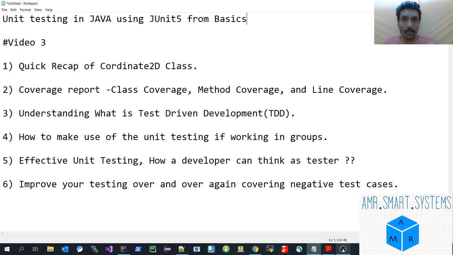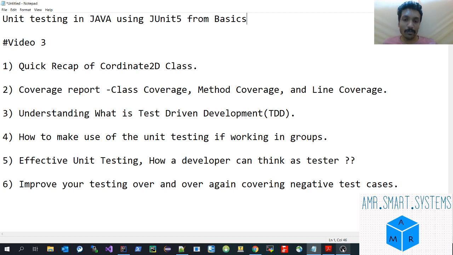Now, how can a developer think as a tester? He can start off with simple steps, like thinking of extreme conditions, such as values which can be an input to the function variables, or memory leak conditions, or some conditions which can be easily simulated through the unit test. By specifying the extreme values, you can just pass the parameters in one of the test cases. And to create memory leaks or memory usage, he can actually consume some memory in the test case and then execute the test case.